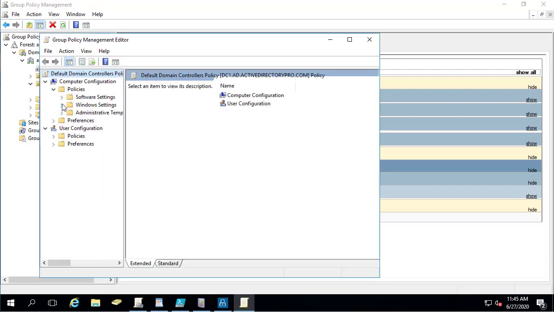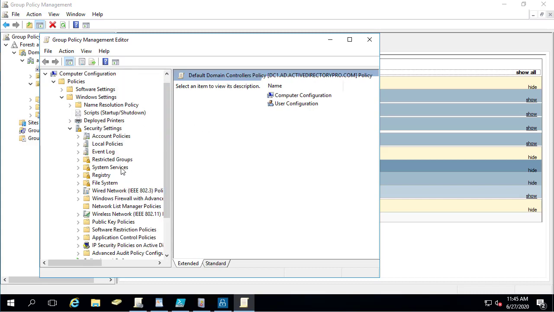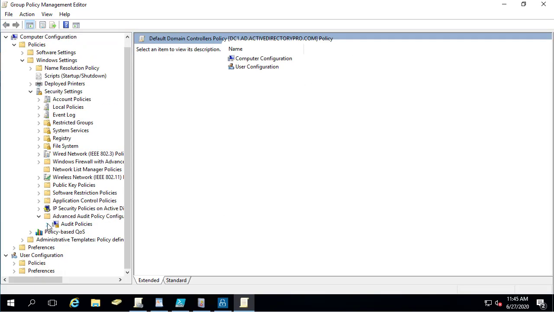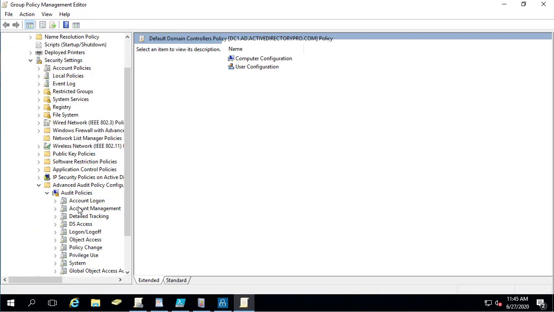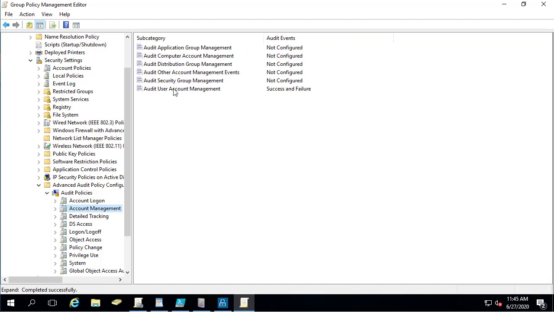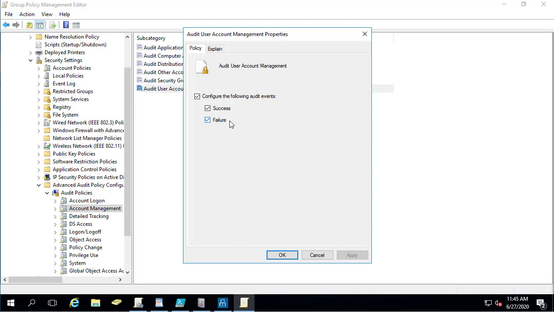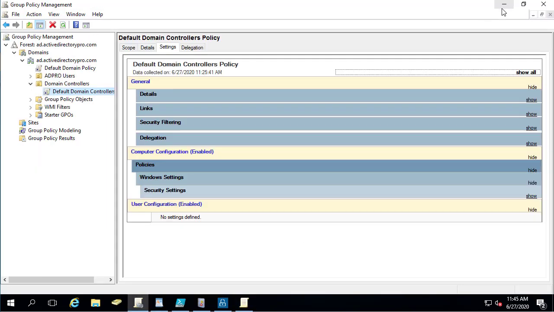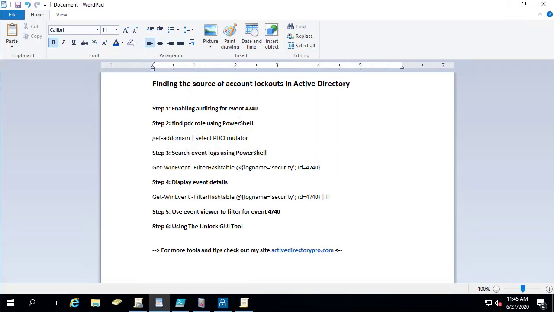So come into policies, Windows settings, security settings, and then advanced audit policy configuration, and audit policies, account management. And then under audit user account management, you want that to be success and failure. So again, that has to be turned on, or the event IDs will not be generated that logs the source